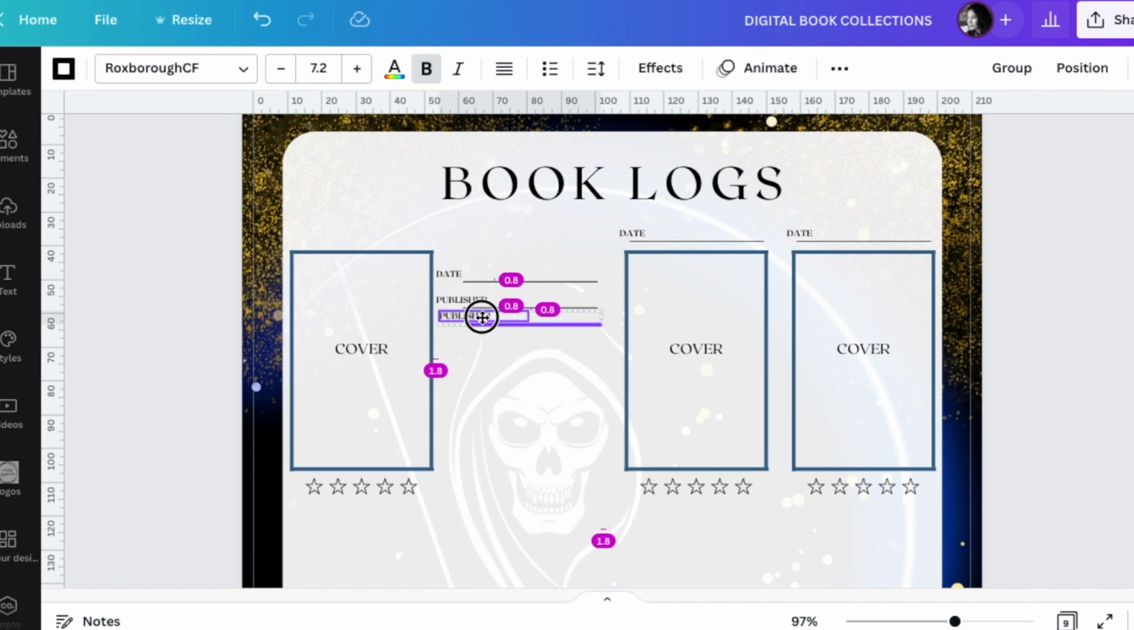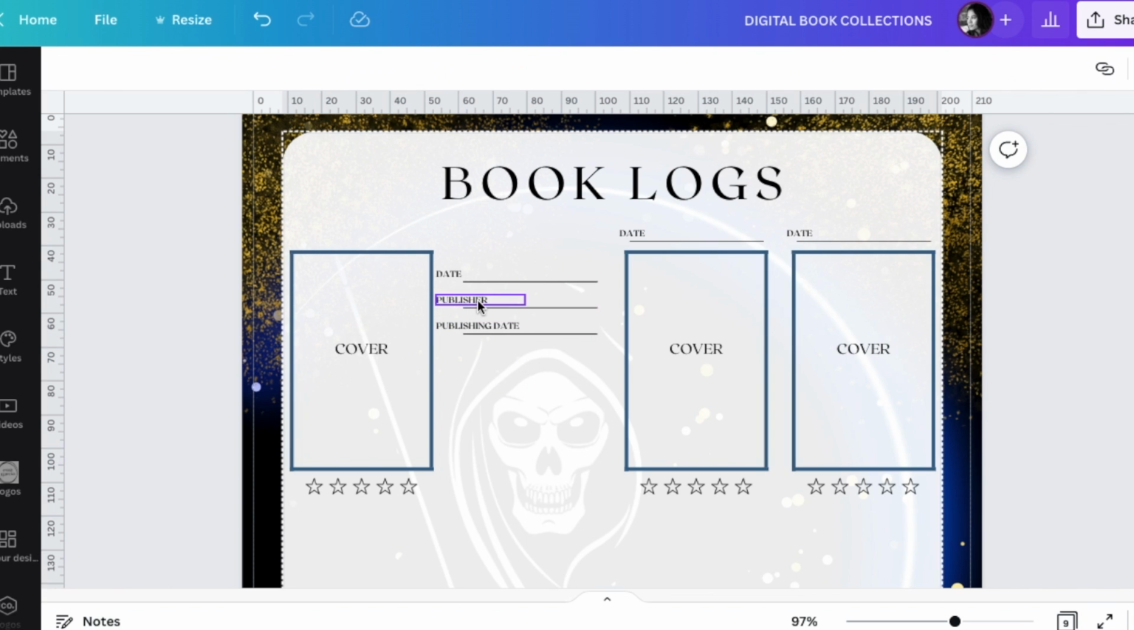Duplicate those again. So I've got a date, I've got who's the publisher, and then this one, what happened? Okay, it's a publishing date. So I've got the date, I've got the publisher, I've got the publishing date. Then next